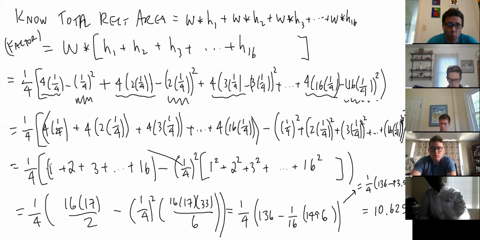Along the way, it'll be 1, 2, 3, and I wouldn't stop at 16. I would stop at 1,000. Over here, 1 squared, 2 squared, 3 squared, and so on, and I wouldn't stop at 16. I would stop at 1,000. So I'm going to recopy that onto the next page to say that if I use 1,000 rectangles